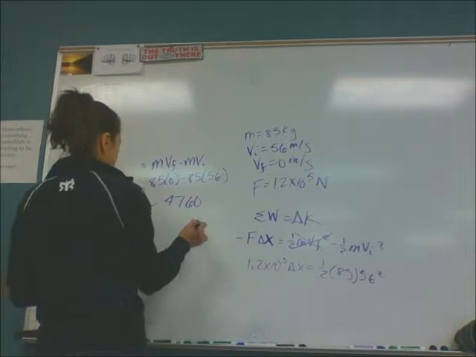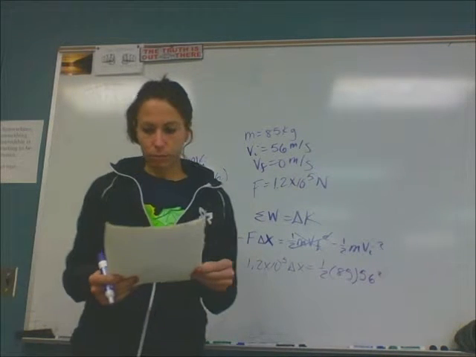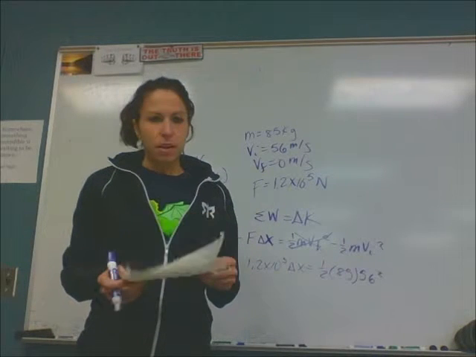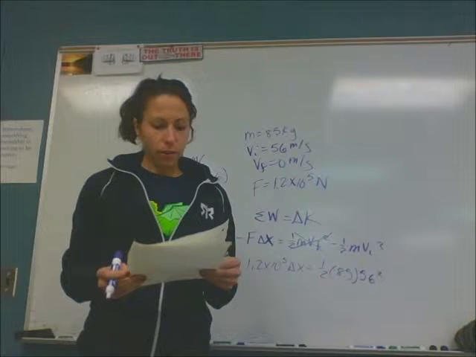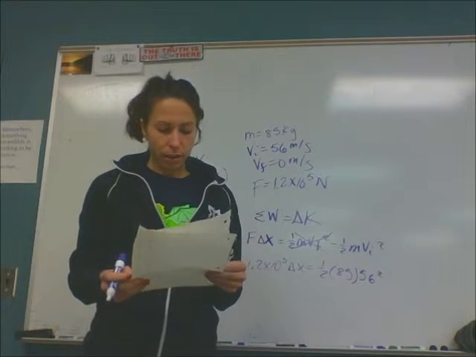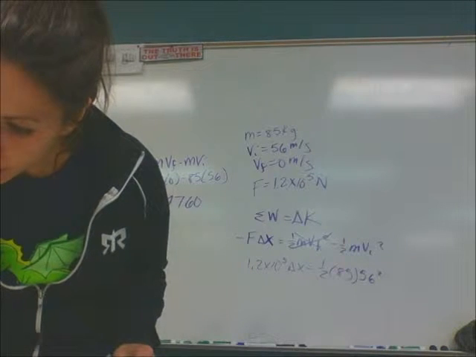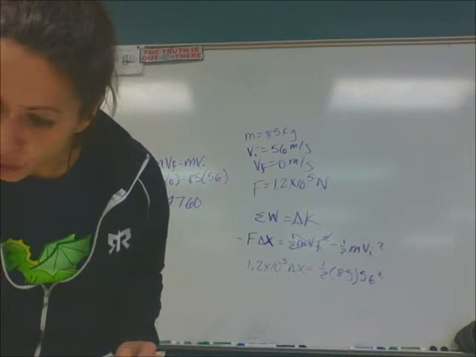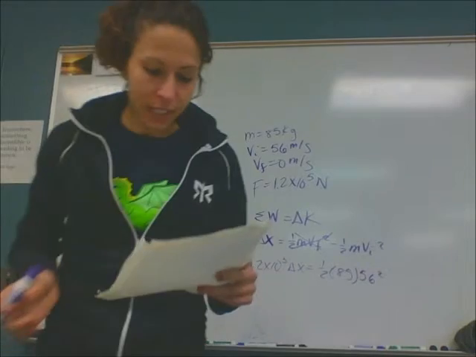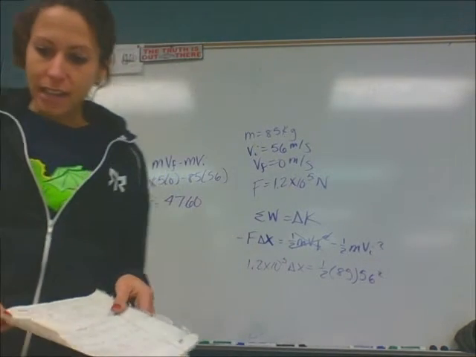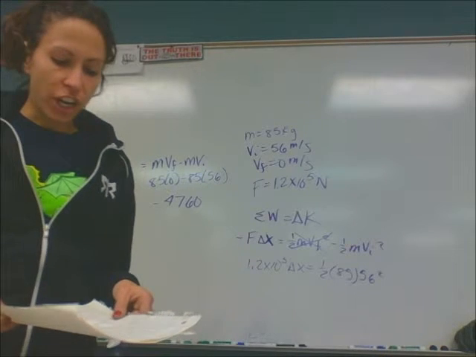Okay. Number 35 is the next one that I will do. And I'm not going to do the whole thing. I'm just going to say that the area under the curve is the impulse, and that is equal to the change in momentum of the ball. The change in the momentum of the ball is not 0, okay, because it's changing direction.